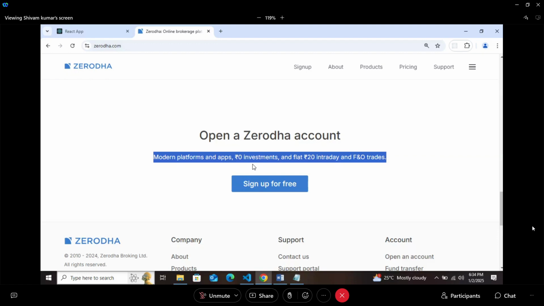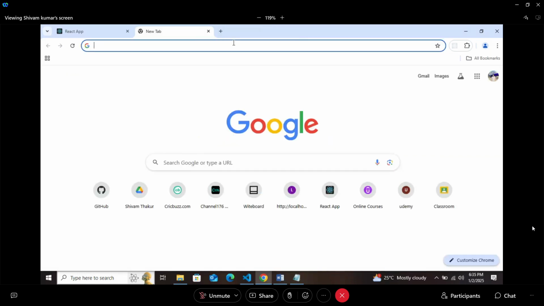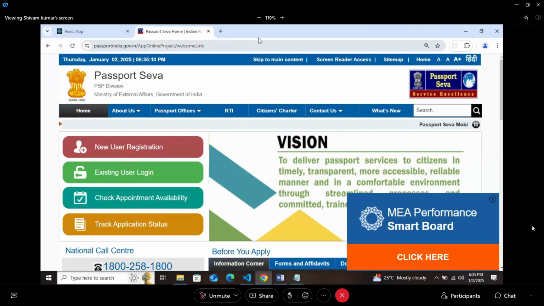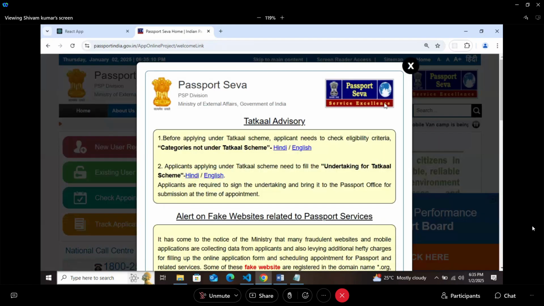So design is not proportional to user experience. Then what matters for a user? As a user, what will you see in a website? See, forget about all the social media that we are generally using. Let me take you to the passport website, which is generally good nowadays, right?